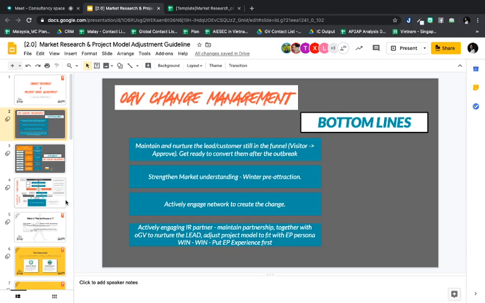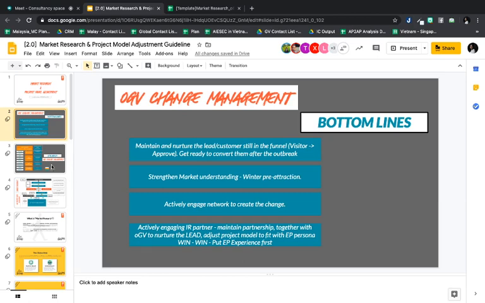This market research and project model adjustment serves two things. First, strengthening market understanding and winter pre-attraction is for market research, and the project model adjustment guideline is for actively engaging with IR, and making sure the project model fits our EP persona and ensures our EP experience.